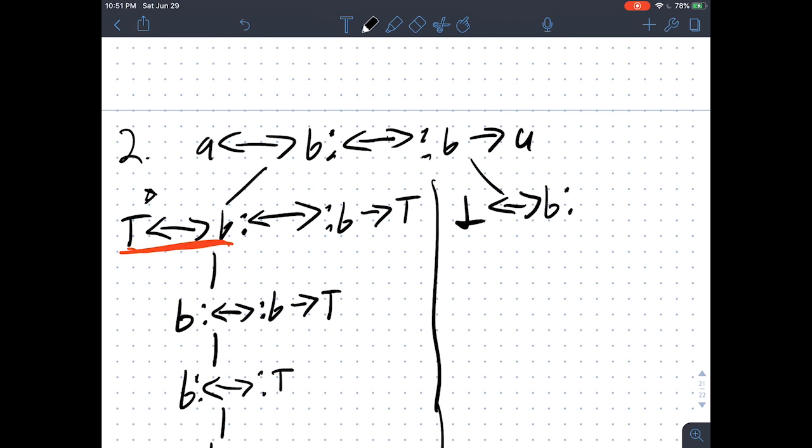B dots, if and only if B, therefore false. Again, we could apply two rules here: one of them's for conditionals, one of them's for biconditionals. The first rule that I'm going to apply is going to be in kind of the same order. I'm going to apply the rule here. If we have false as a component of a biconditional, we drop false and we negate the other side. So this would go to not B if and only if